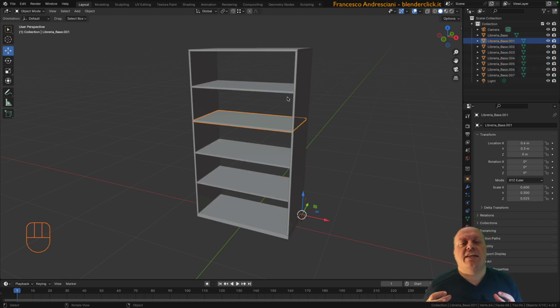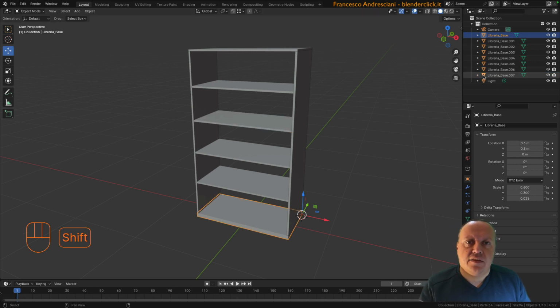Instead, a system for grouping different objects without merging them together and without creating kinship constraints is to use collections. Collections are actual collections of objects. They can contain meshes, but also light sources or other types of objects, and we can create them very easily and very quickly. For example, we select all the objects that are part of the library,